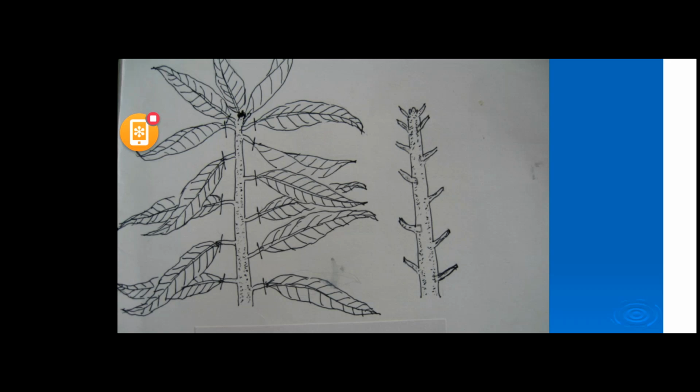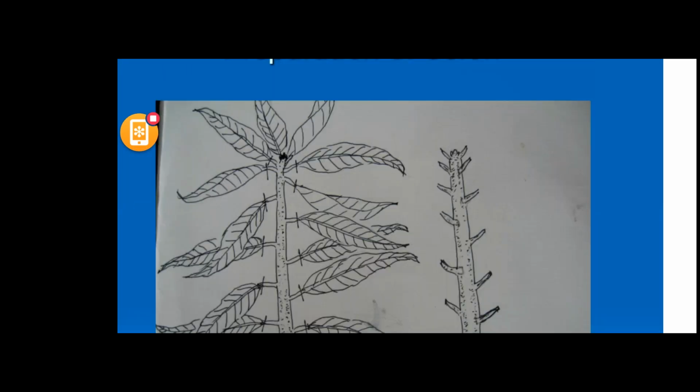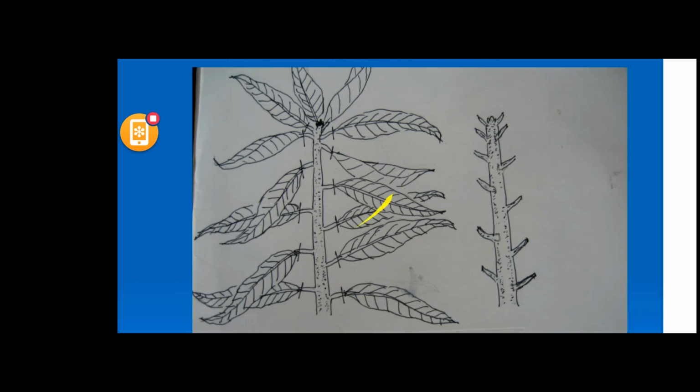Before that, you have to cut it according to your readiness of the scion. You should cut it, and the grafting operation should be made. But if you ask me, if you have not done this, then what happens? A freshly cut bud stick or shoot stick can be employed as a graft, it can be used, but the success rate will be less. That's why for better success, 95 to 100% take, you have to prepare the scion like this.